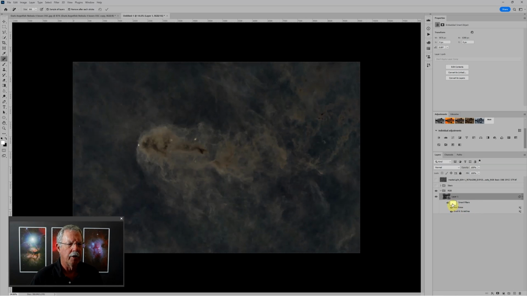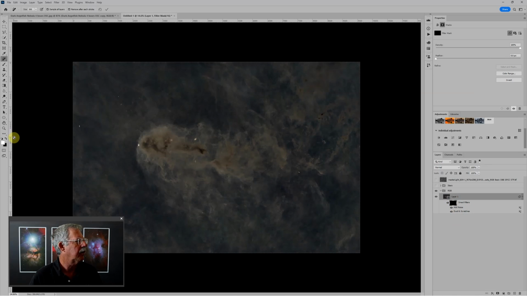The other thing we want to do now is click on the mask, and I want to invert this mask from white, which applies the effect everywhere, to black, which would apply the effect nowhere. And the easiest way to do that is to ensure the mask is what's active, and you can see the double outline. Control-I will invert the mask, so now we're back to a black mask which is hiding this effect in its entirety. But now we can use the brush tool and paint with white anywhere we want to see